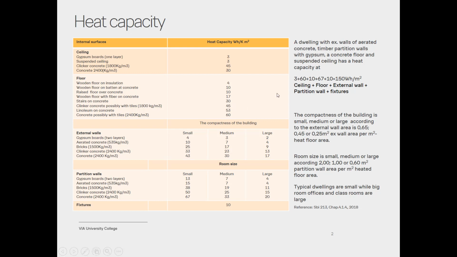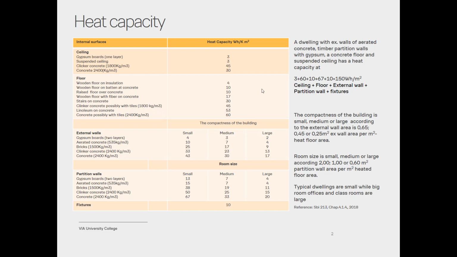Then we can see that the ceiling has a heat capacity of 3, and we can see that the floor has a heat capacity of 60, and